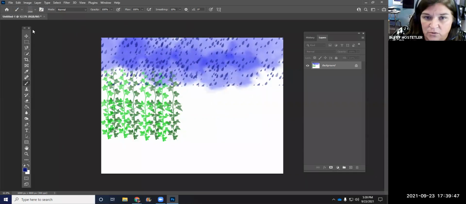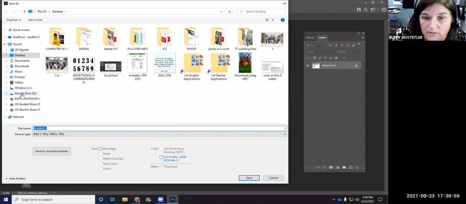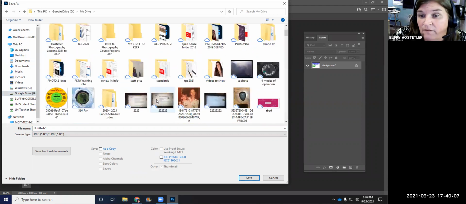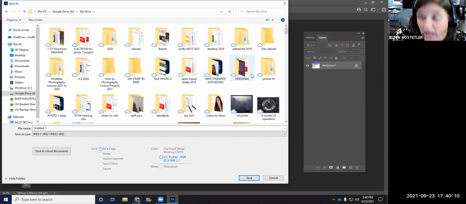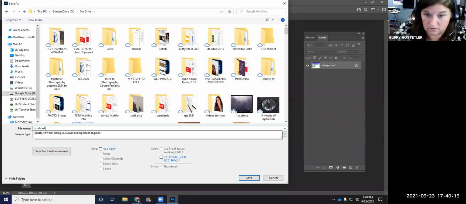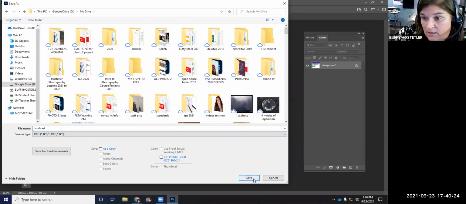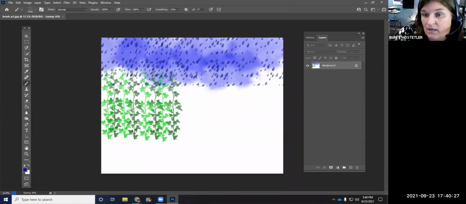And you just keep building and building. I have no clue what I'm doing, but I have used 3 different brushes. In order for you to save this, after you have made something with 5 brushes, you want to go to File, you want to go to Save As, you want to probably save it to your Google Drive. When you select the Google Drive, you want to go into My Drive, and then find the folder that you made for our class, okay? You also want to make sure that you name this. So this is brush art, and then you can save it as a JPEG, hit save, hit OK,